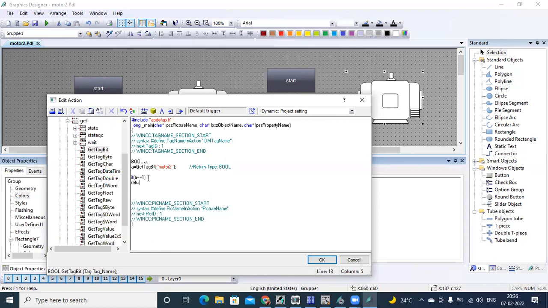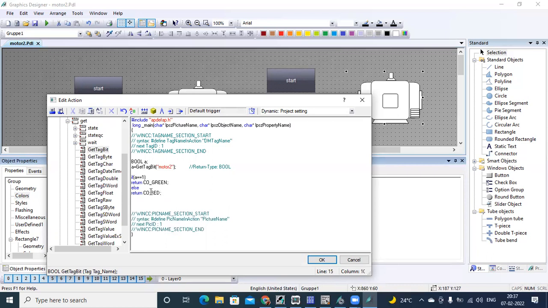return CO underscore, CO means color, green; else return color red.